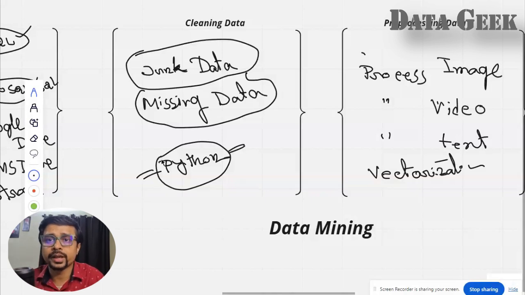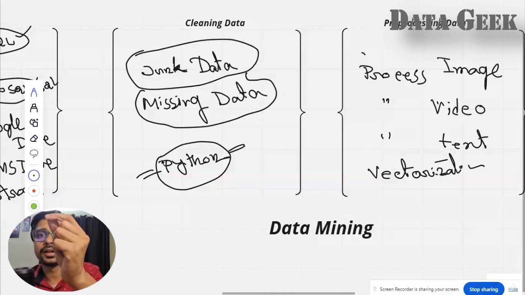Of course, if you are expert in Python as a whole, that's an added advantage. But Python is used in many other places too, and those parts you don't need to know. There are specific parts of Python needed for data professionals. Today I'll give you a high-level picture of where we use Python, and as we gradually go to those parts one by one, I'll tell you how to use them.